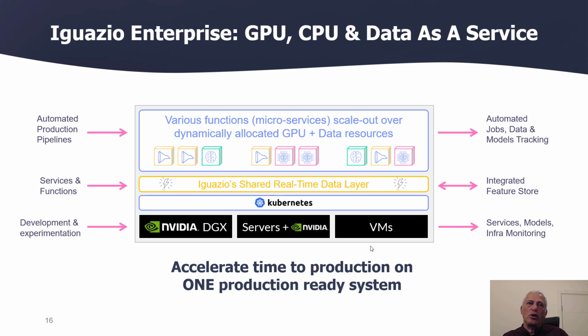You can schedule workloads that will live on a single system, or they can scale out across multiple servers, so you can gain much better scale and performance. And you have the whole suite of tools around it for creating production pipelines, services for the different aspects, machine learning, deep learning, and so on. Development environments like managed notebooks and integration with IDEs. And you also have all the monitoring aspects of tracking everything that you do: experiments, resources, infrastructure, features, data, and so on. So this way you can accelerate the time to production,